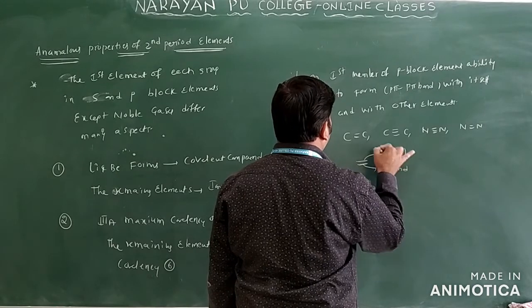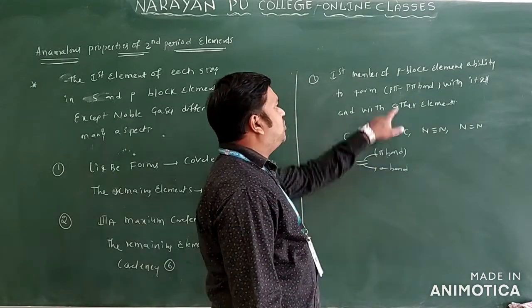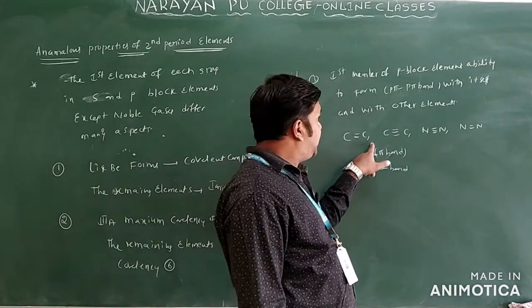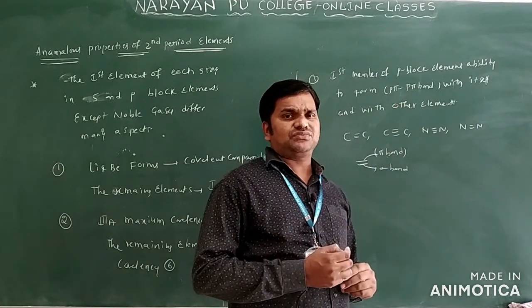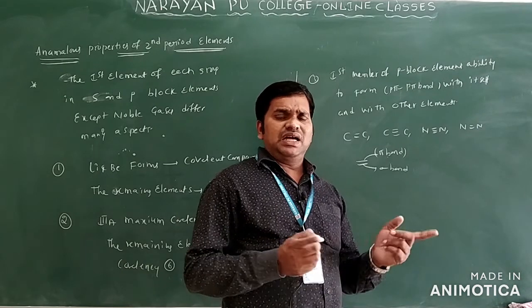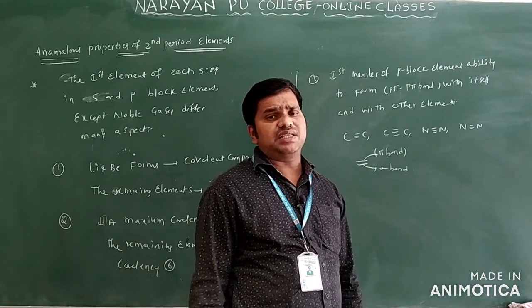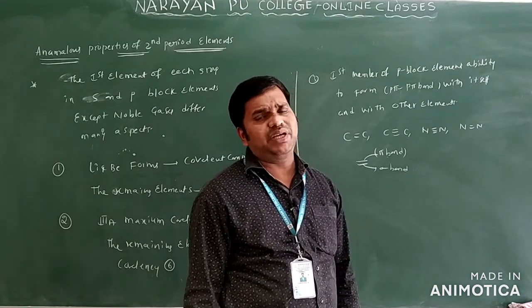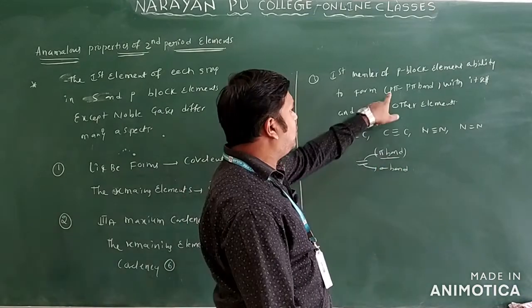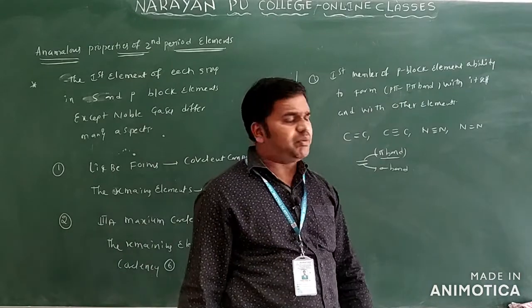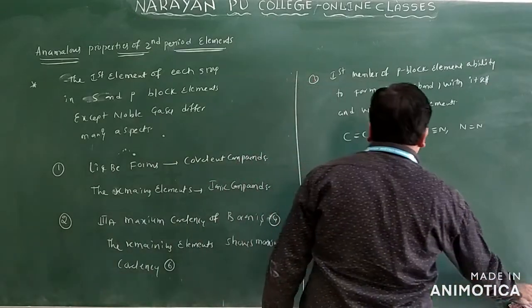One bond here is a pi bond only. This pi bond is coming from which one? The p orbital of one carbon and the p orbital of the other carbon. They can overlap sideways, or you can say lateral overlapping. They will form a pi bond only. This is what you call a p pi bond. They will form the multiple bond.